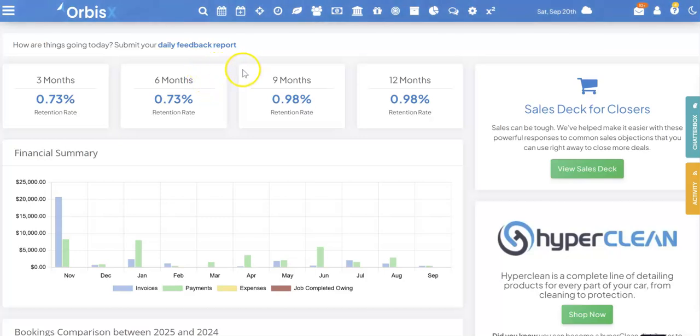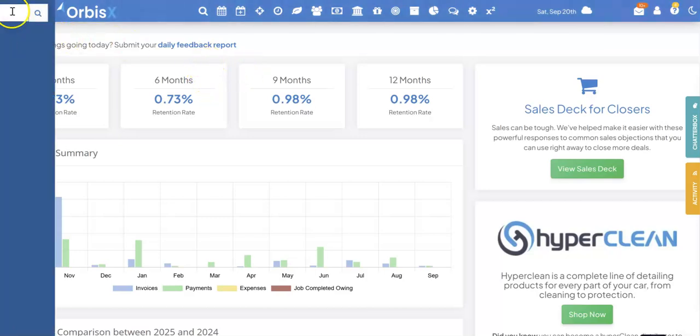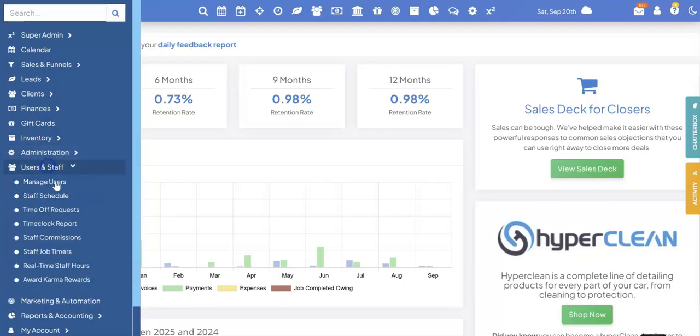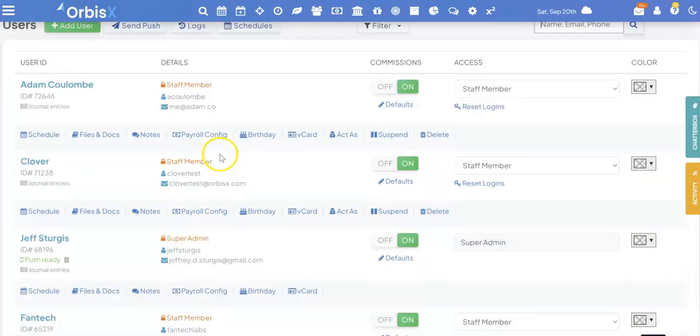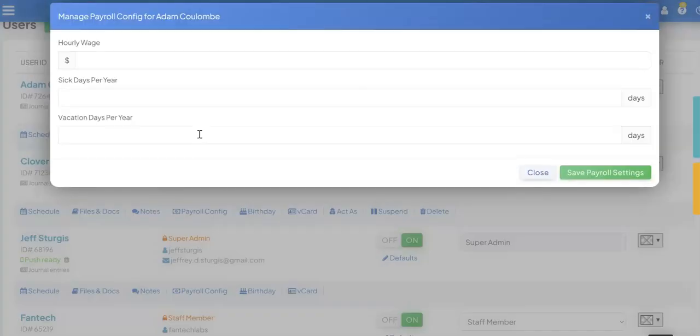All right, so I'll go over a few of the pieces here to use for payroll stuff. First thing is I'll go to users and staff. You might be using the other layout that has a different menu system, so you navigate to admin and then manage users. And from here, this is just a test account, but in here you can do payroll config, and